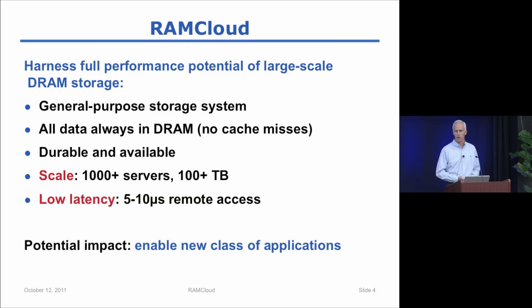Second thing, which I'll talk a little bit more about later on in the talk, is that even though the data is stored in DRAM, which of course is volatile, we have techniques in the system to ensure the same durability and availability you might get with a disk-based system otherwise. So you can trust the data to last over long periods of time and to be both durable and available. And I'll show you how we do that. And furthermore, we do that in a way that is essentially free and has no impact on the performance of the system. So we get DRAM performance and disk durability.